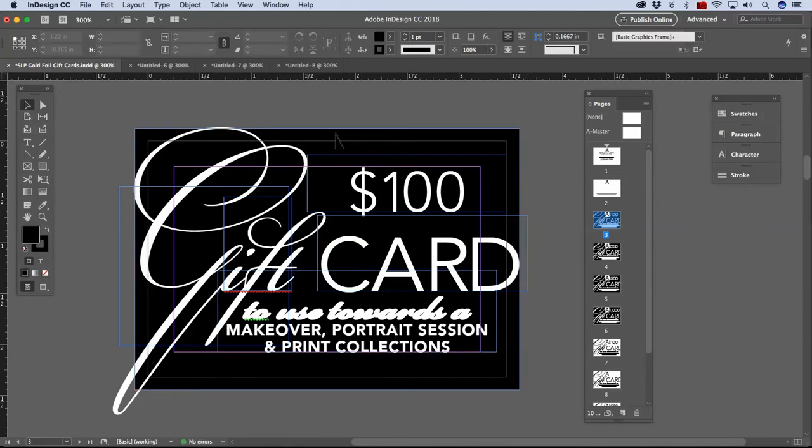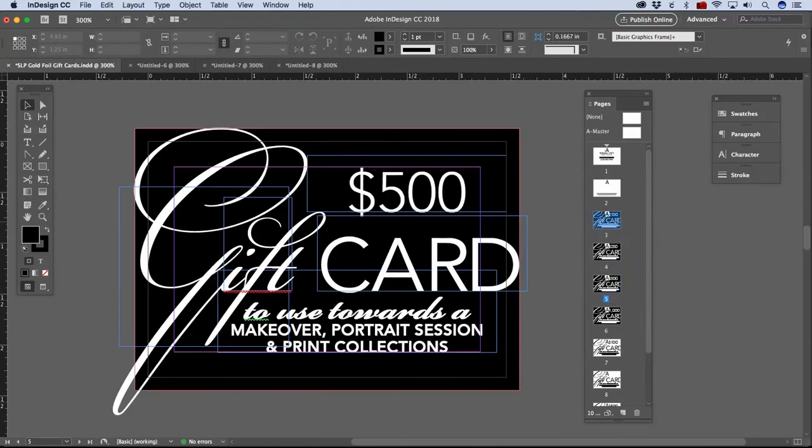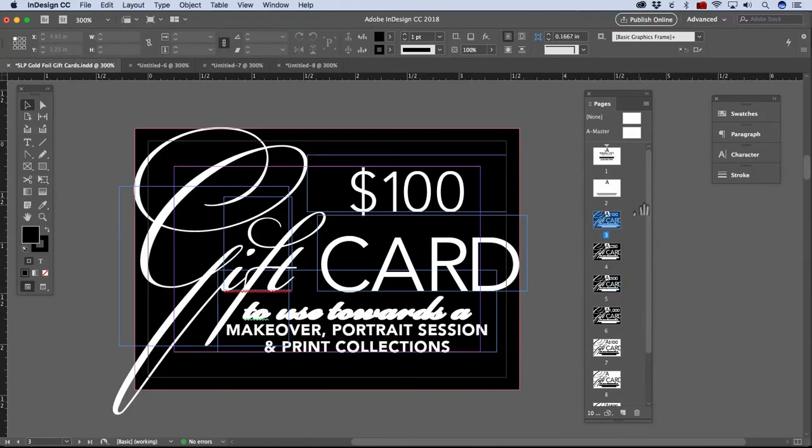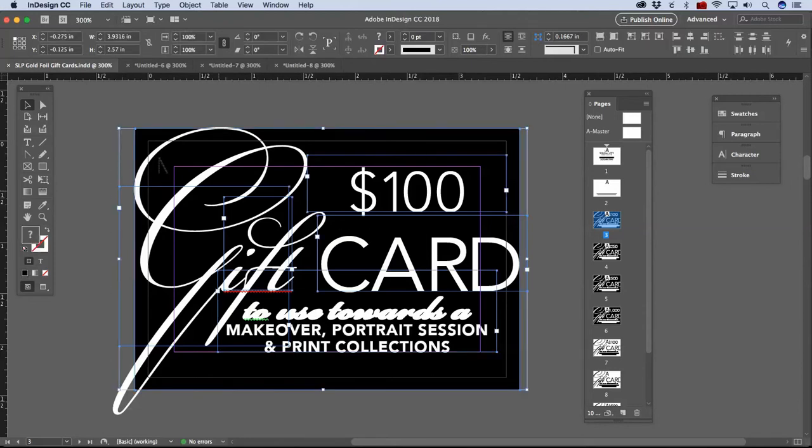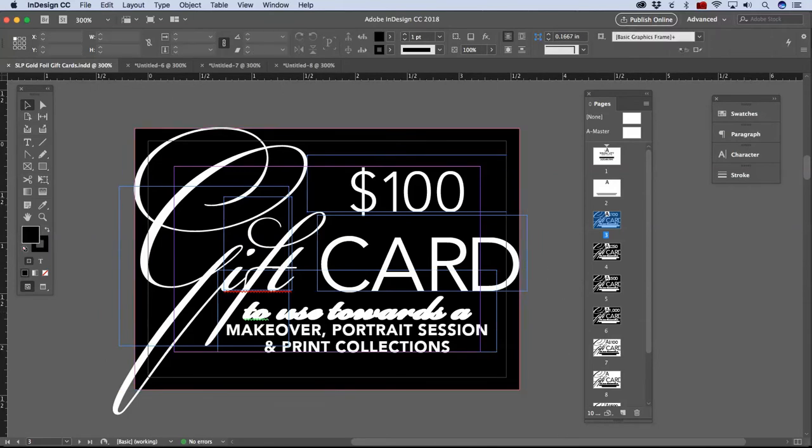And now, once you've made all of your changes, if you go through all of the templates and you've made the corrections or the edits to the amount that you want and to all of your fonts in your text, we're going to hit Save to save our progress, and I'm going to select all of this text. So I'm going to drag my Move tool across to select it, or you can hit Command A on your keyboard to select all that text, or go to Object,